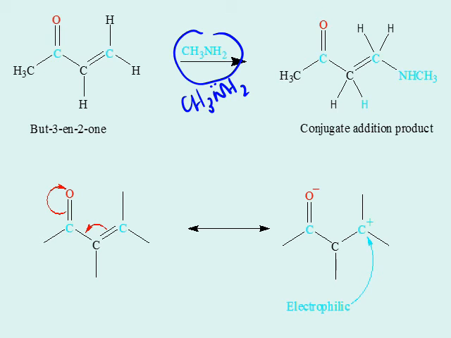This is an additional product in addition to reaction at carbonyl carbon. This is the carbonyl carbon. So that carbon is positive. However, this carbon, I'm showing you with the red asterisk, also has some positive character because of conjugated